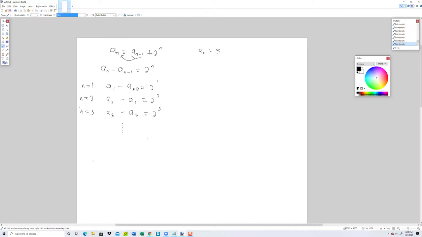All the way down. I probably shouldn't have used n equals, but all the way down to, let me think, n, and I think n plus 1. Okay, so if I plug in n, that's just this one: a sub n minus a sub n minus 1 equals 2 to the n. If I plug in n plus 1,